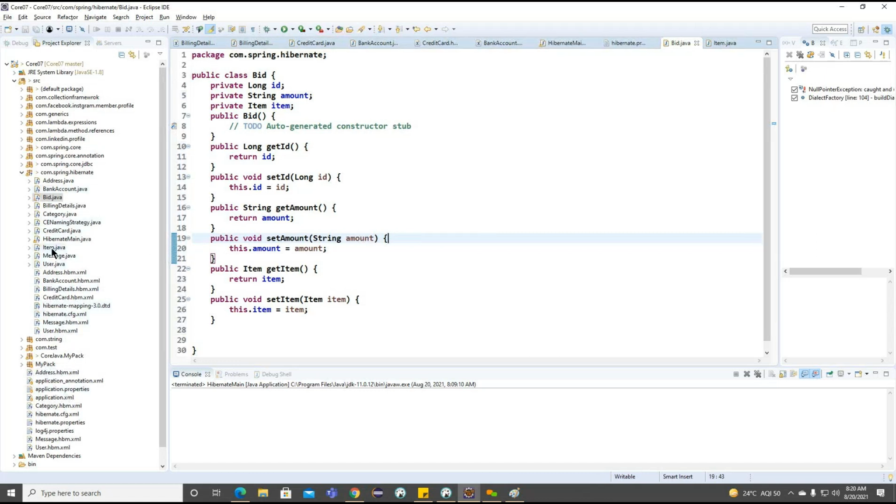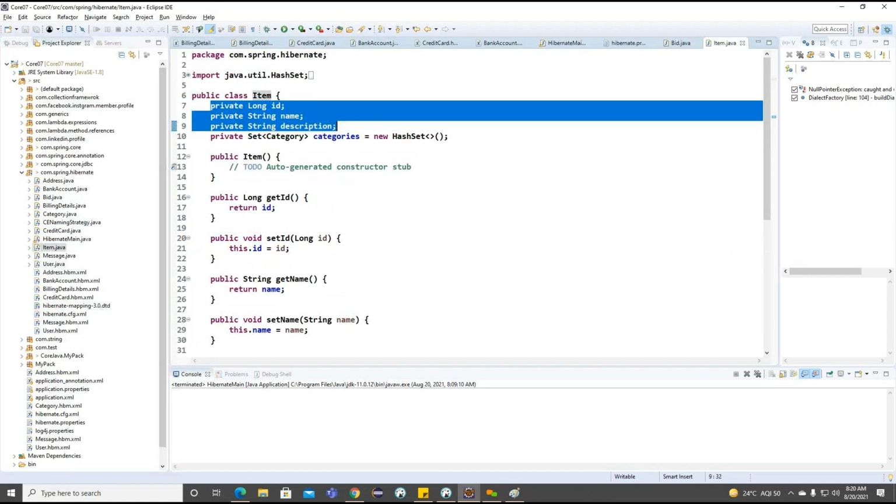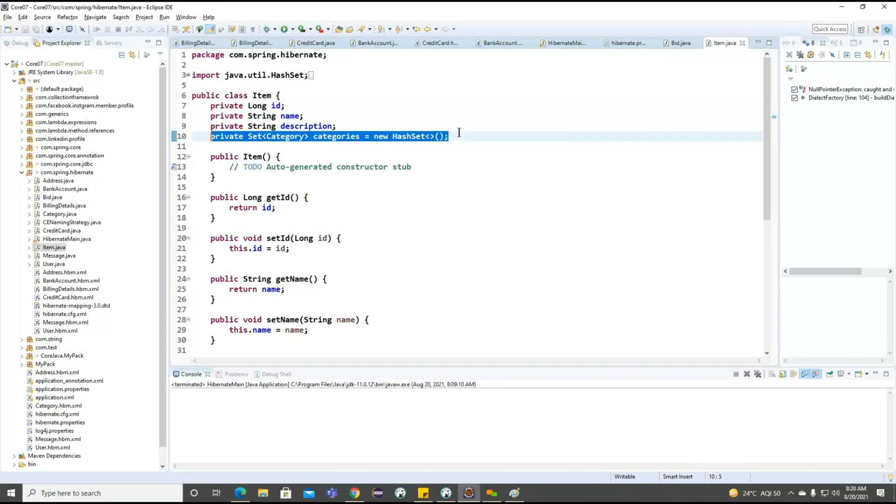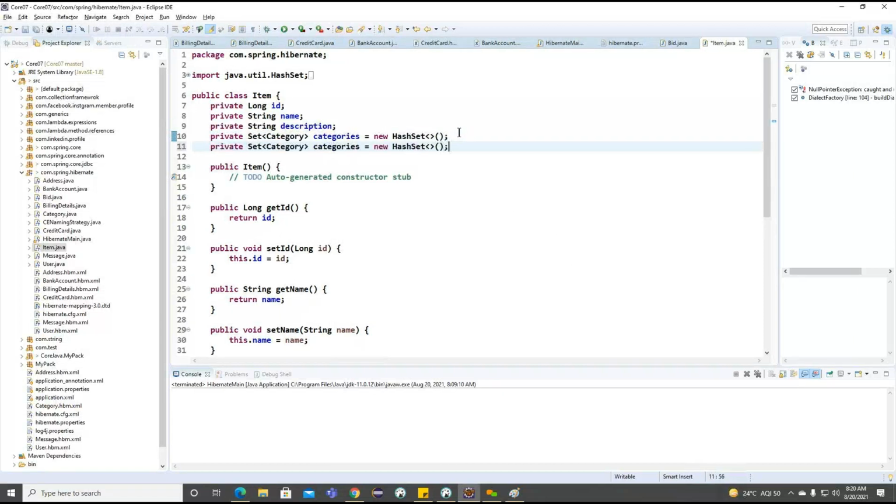Now back to here, we'll go to the item class. So inside this particular item, now what I'm doing is, I'm providing one more setter here, one more collection here, because we need multiple bids here. The item we are going to have one, and multiple bids we are going to make here. And let me change it to bid here.